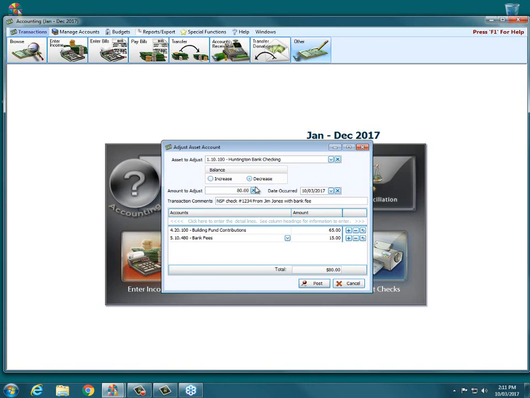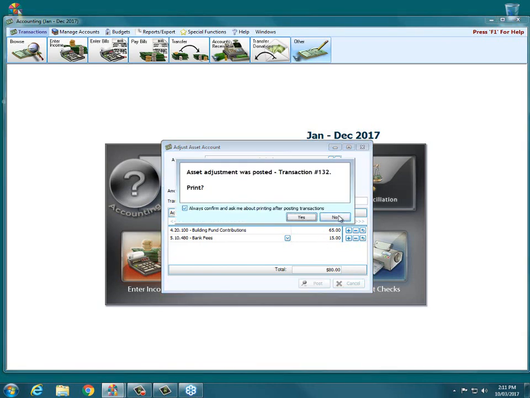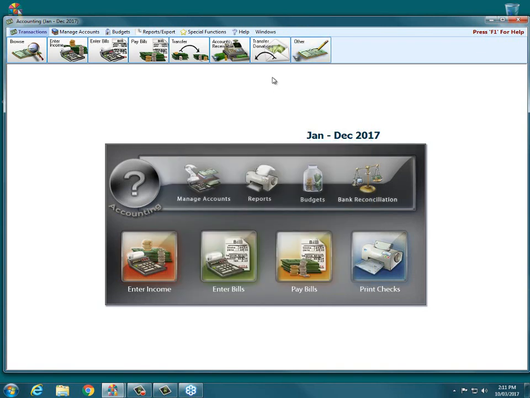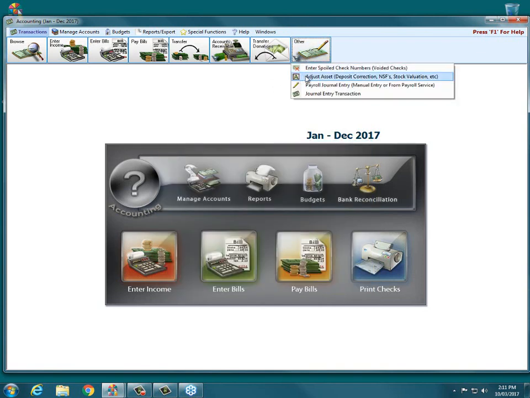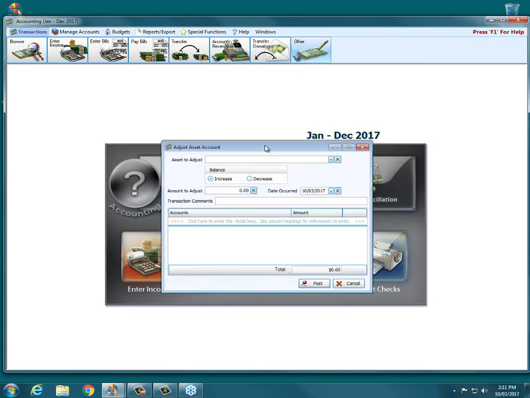I'm so sorry. That was my fault. But you see, the system did tell me that it was incorrect. It wouldn't let me post it until the debits and the credits at the top matched. So now that I've got 80 and 80, now it'll let me post. Okay? All right. And finally, another use of the adjust asset transaction is when, say, we've received a